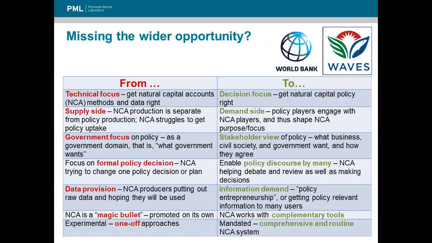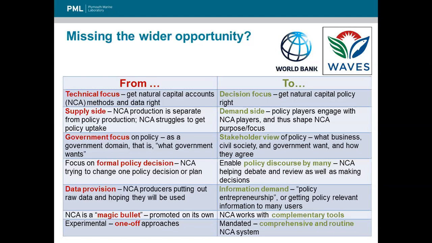But also, one of the issues around this focus on monetary valuation and on natural capital accounts is that it's possibly missing the bigger picture. I use this table quite a lot, and it was put together by the World Bank's Wealth Accounting and Valuation of Ecosystem Services program. So, it's put together by economists, not by ecologists on the fringes who have opposition to valuation. And their point is that at the moment we're spending too much time focusing on how to